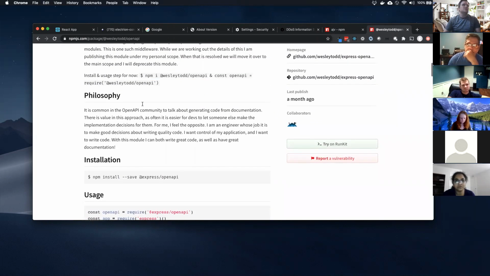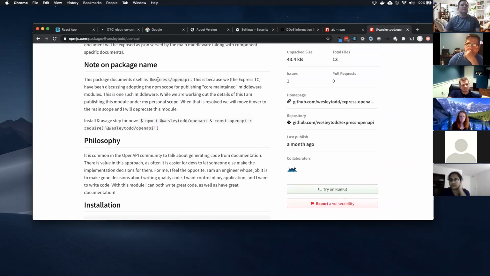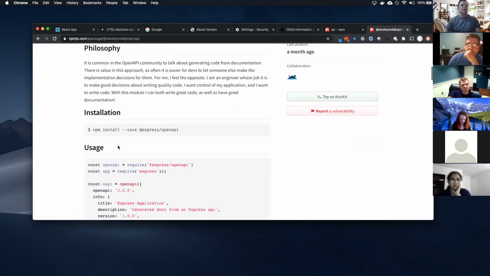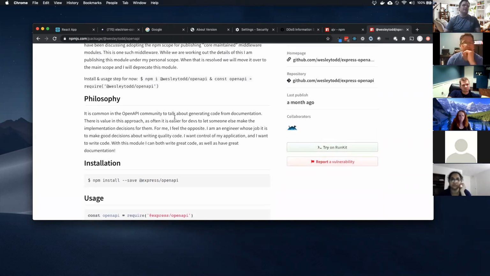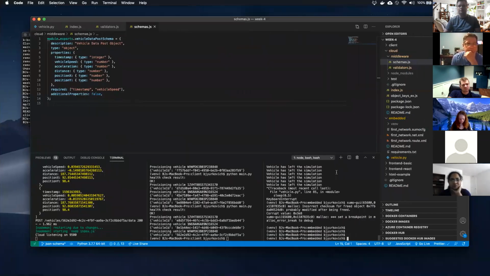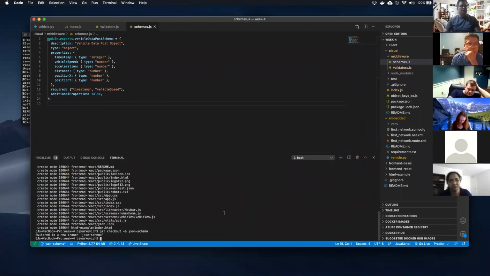backend. And this is kind of weird. So he's part of the Express community, and he's starting this convention, but he hasn't quite adopted it. The community hasn't adopted it yet, so he actually does it under his own name for now. But so it's going to look a little bit weird. But this is the reason I'm using this one is because I really like this library as a base starting point. All right.